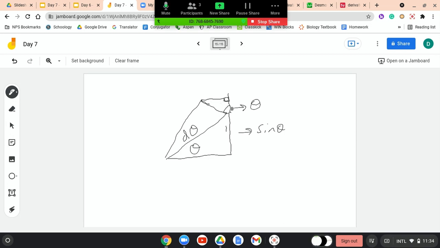Let's look at this triangle. And remember we said that the difference in height from here to here is d sine theta? So this side of the triangle is d sine theta. Cool. And do you remember that in our unit circle, whatever our angle is, the length of